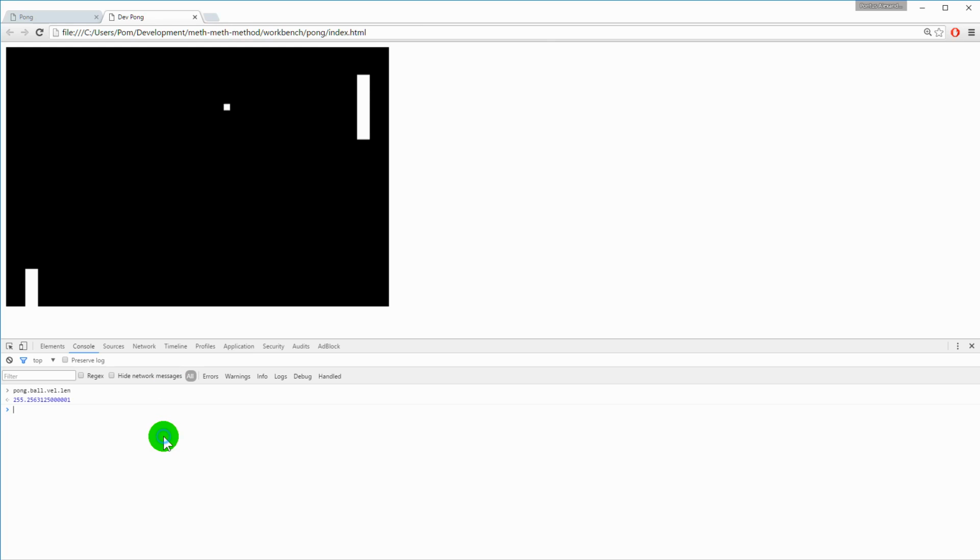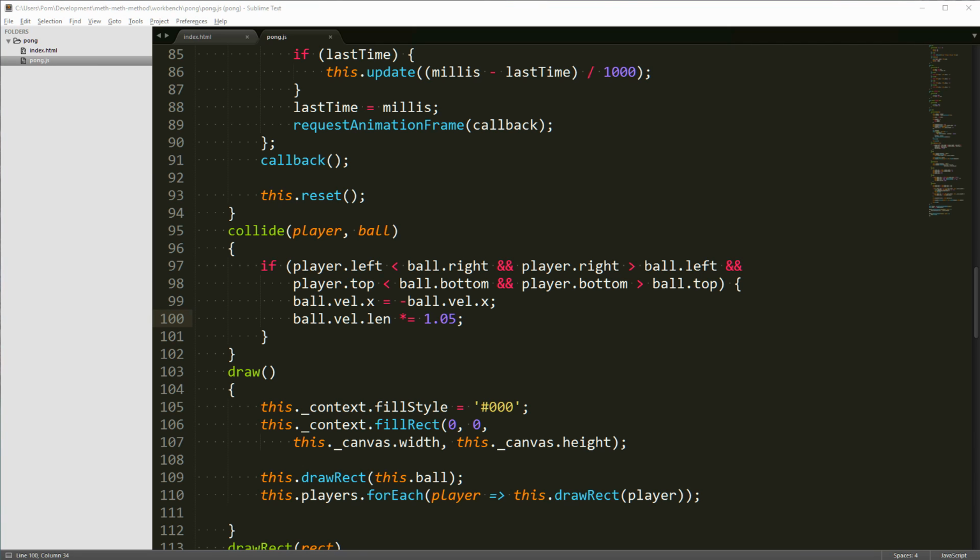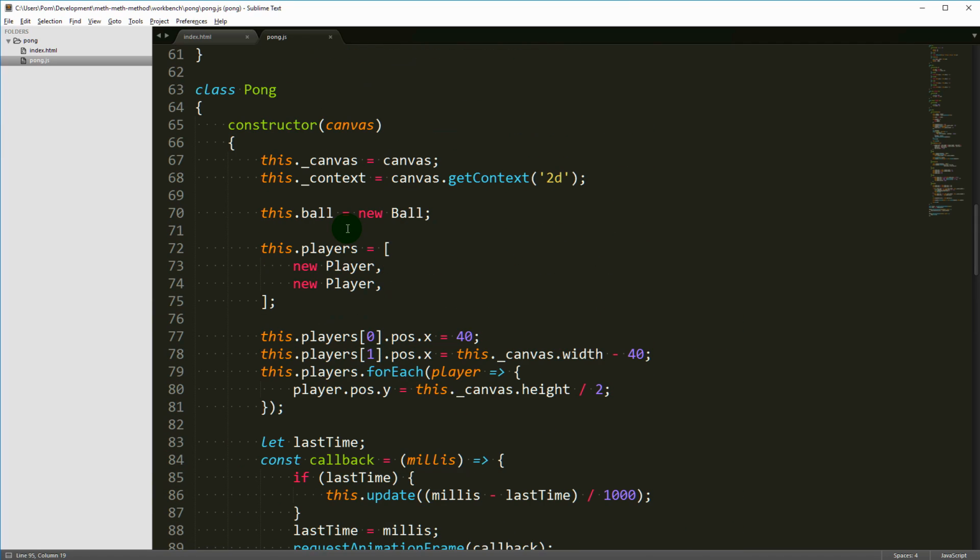Okay, now it's easy to see. So I'm gonna lose now. I think we proved the concept. Okay, cool. Another thing we can do to make it a little bit more interesting is to jiggle the ball